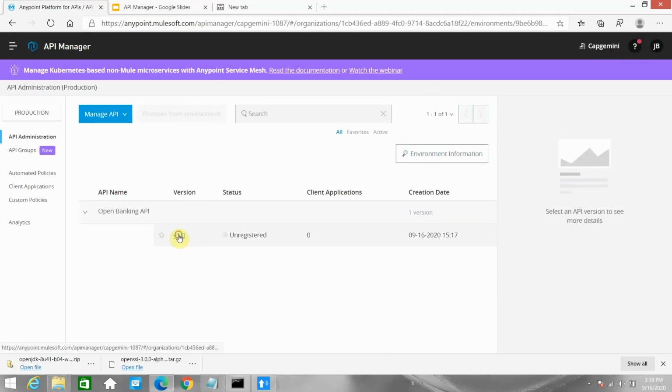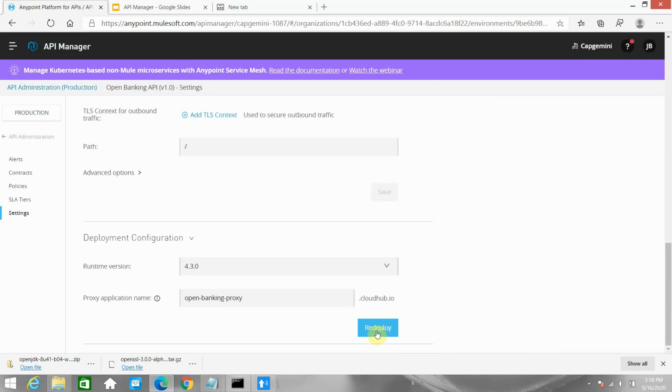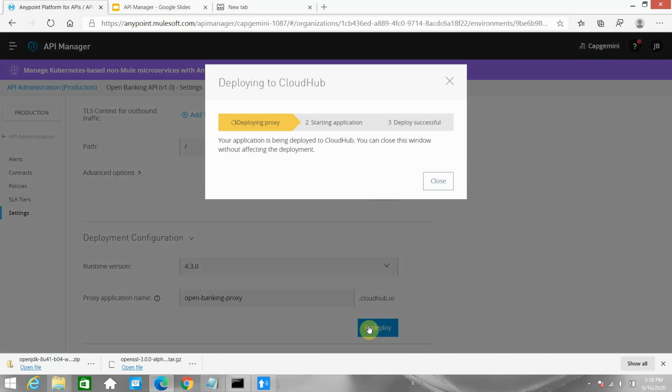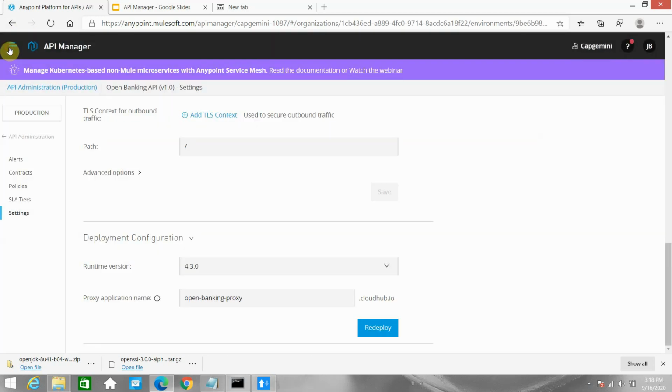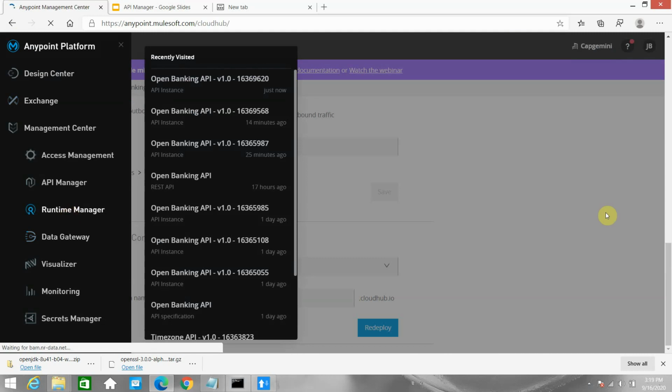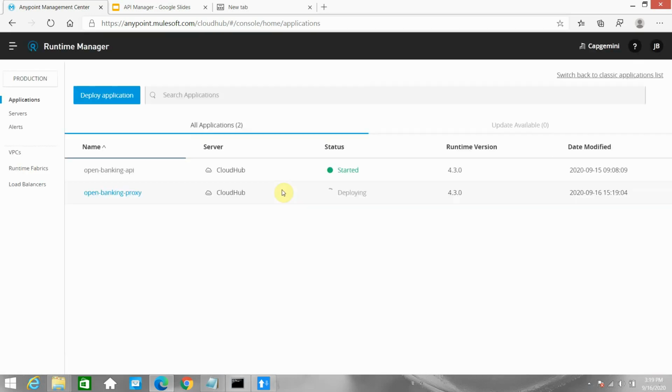This might be uploading the application. I can click on API proxy, redeploy. Okay, let me go to Runtime Manager. Okay, it's deploying. So something went wrong previously. Let's wait while the application is getting deployed. I will pause the video till the application gets deployed.